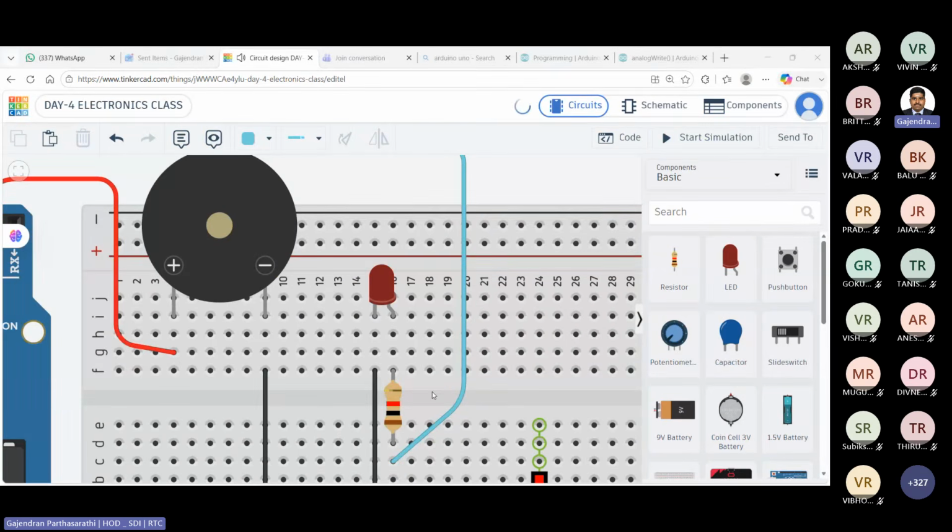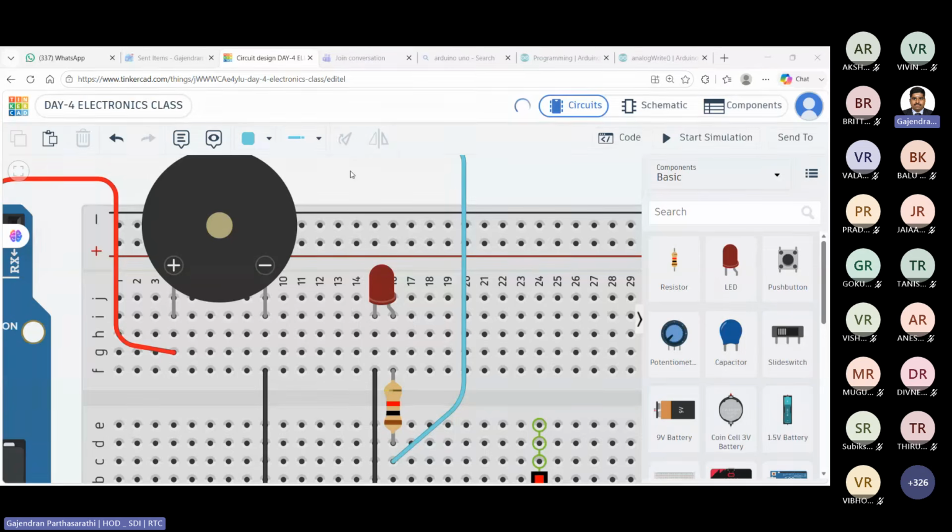step by step. If you remove the delay, you will find the immediate changes. There are no steps. Without any step, if you remove the delay or reduce the delay, brightness will vary immediately. So likewise, we can make use of the analog write function to vary the brightness of the LED or the